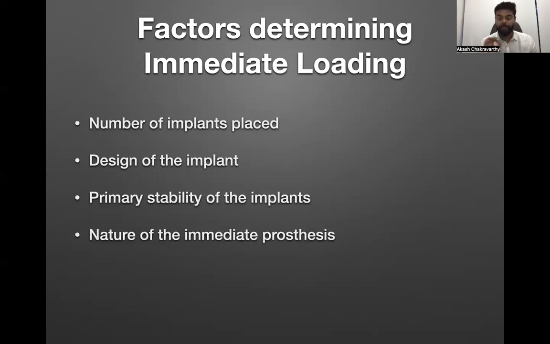Nature of the immediate prostheses: do not go for permanent materials like metal frameworks or zirconium or ceramic layering suprastructures. Go for acrylic suprastructures, which are very good for force absorption and force distribution and preserve your implants. It might break your prostheses, but it is okay to break your prostheses rather than having the force transmitted to your implants.